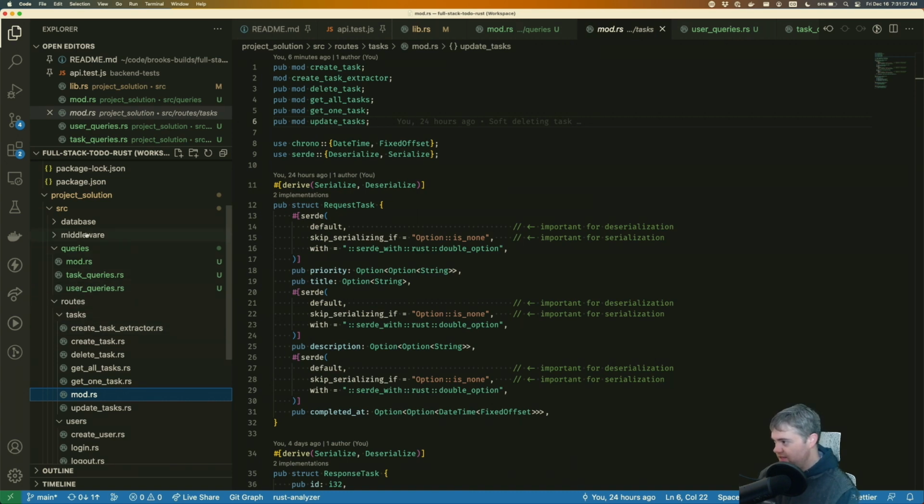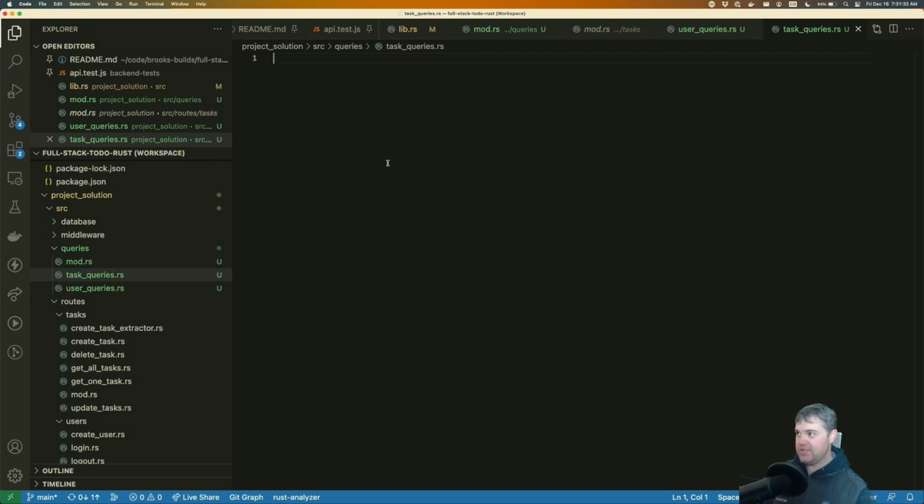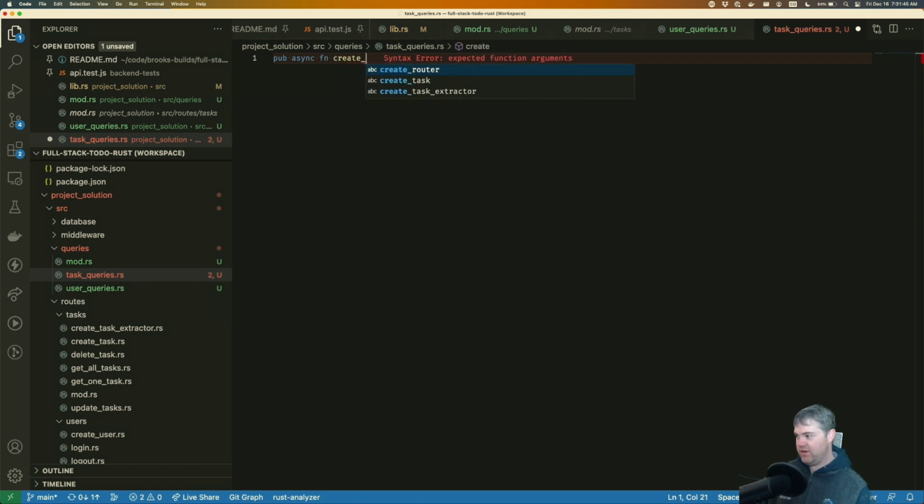Okay, so in queries, we'll do task queries. All right, so pub. Let's see. This is going to be a pub async function. I want to maybe call it create task. We're going to take in the task data, which is,